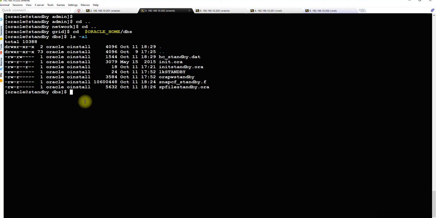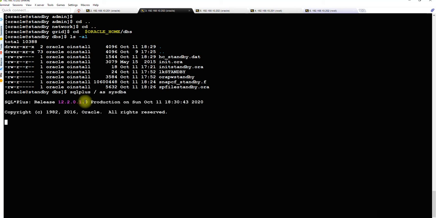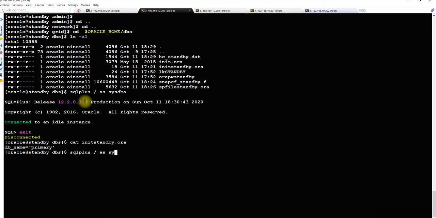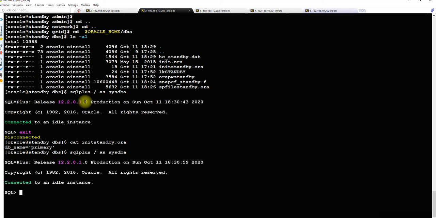So I'll connect using sqlplus / as sysdba. I will show you the parameters available in initstandby. There is only one parameter, right? So I'll connect and create pfile from spfile.